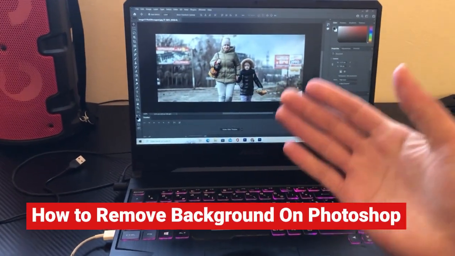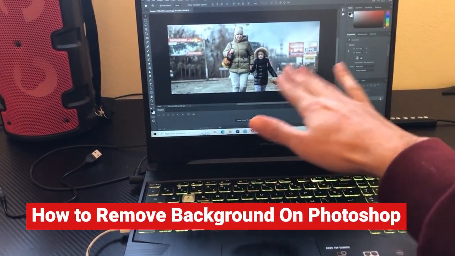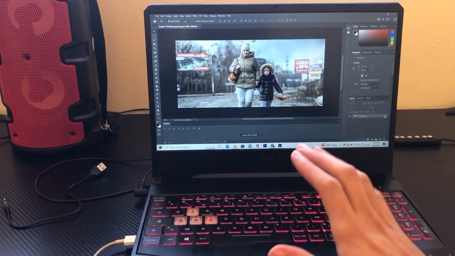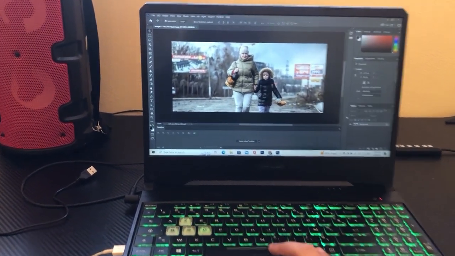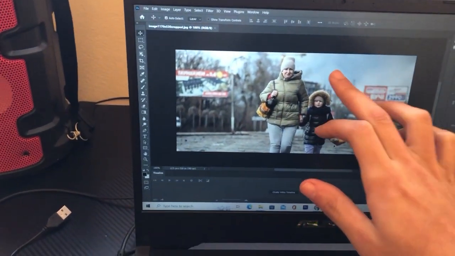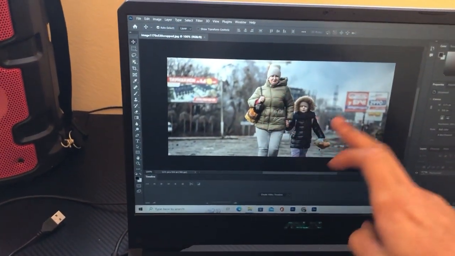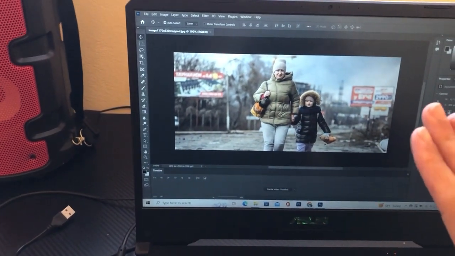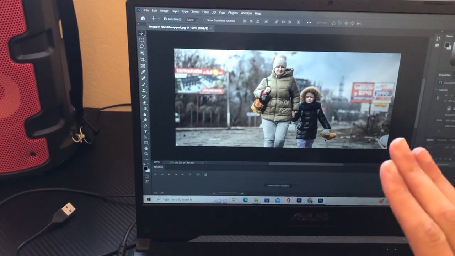What's up guys, today I'm going to be showing you how you can remove the background on Photoshop easily in just 1 minute. So just follow the steps and you will be able to remove any background on Photoshop. Now let's say that I am going to remove the background of this picture. Now this is very easy, like I said, just follow the steps and you will be able to remove the